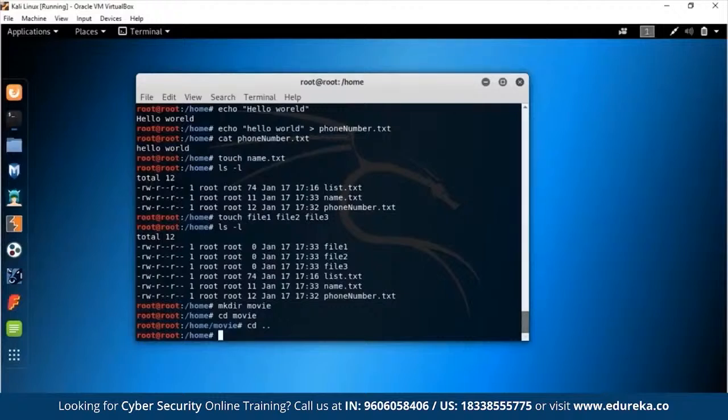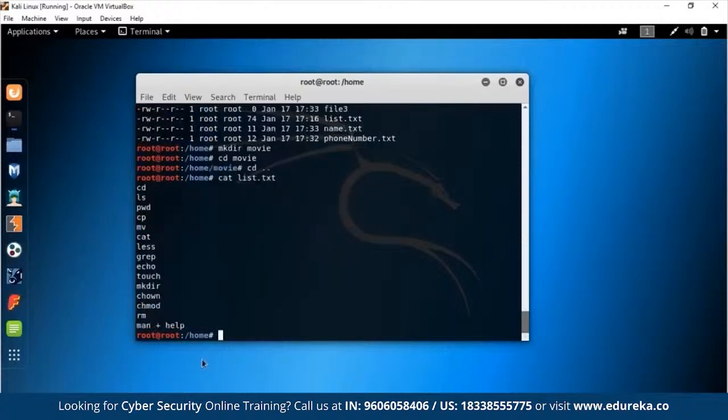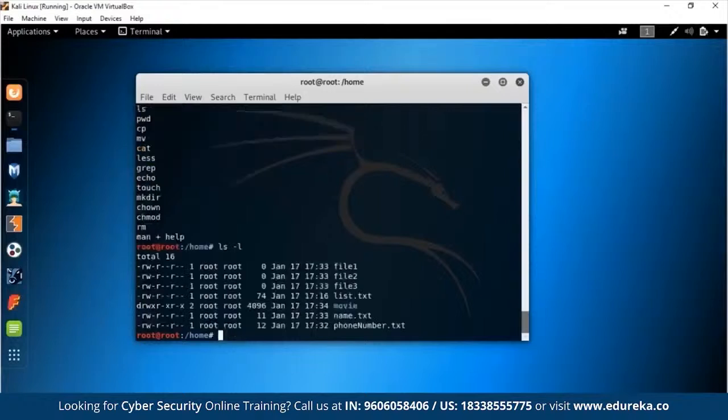Now let's see what else is there. So cat list dot txt. And okay, now chown, chmod. Now chown will be a little tough to show because we don't have any other user out here. The root user is the only user that we have on this VirtualBox as set up. But if you want to change the ownership of a file, you can see the ownership of a file through the ls -l command, and you see root and root. So this is the owner name and this is the owner group, and they're mostly the same thing.